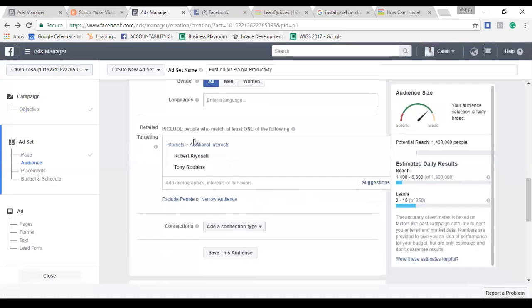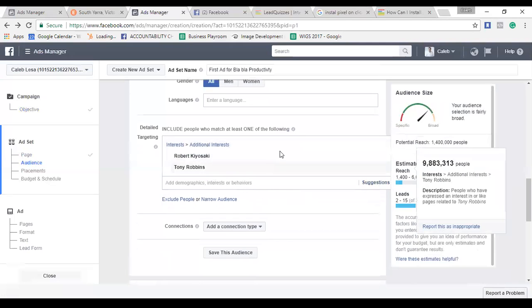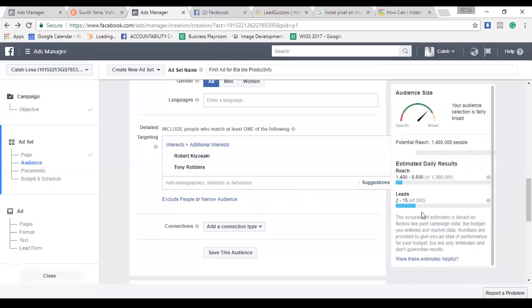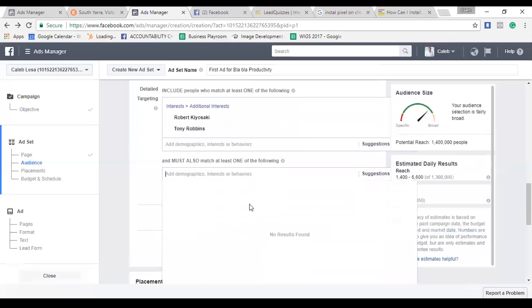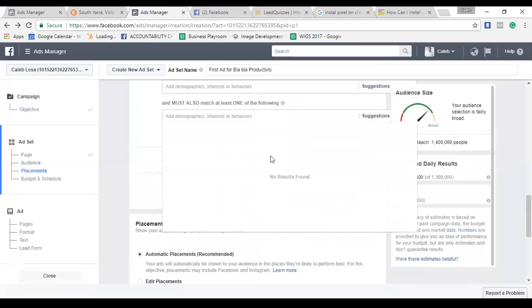Once you've got some interests at the top, this is where you start making your audience really narrow. See, that's just pushed it down to 1.5 million people instead of 10 million. Now, if you want to narrow that audience down even further, you can say they must have something else in common. So if we look at behaviors,